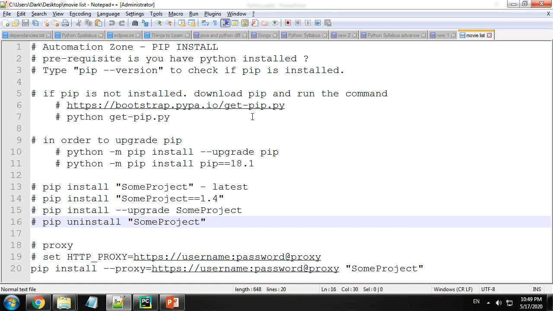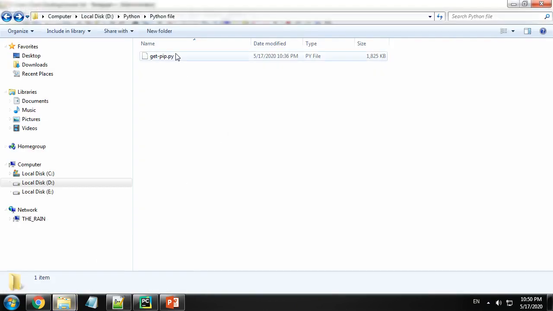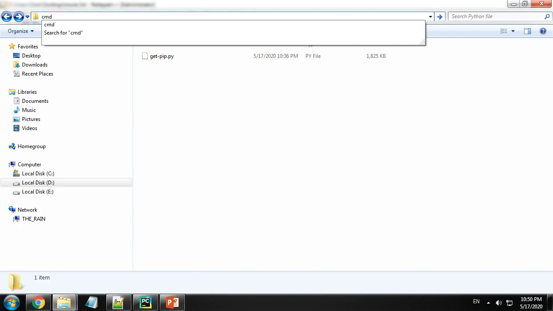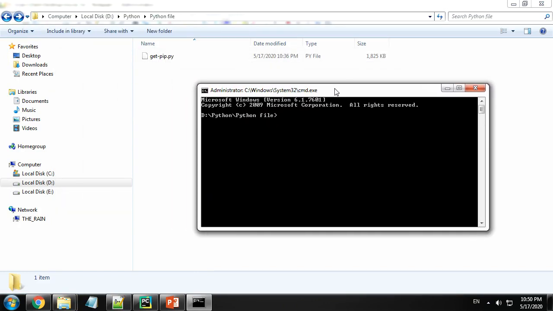So the first step is to make sure that you have Python installed. The way I like to do that is you go to your working directory, and in your address bar you type in cmd. This works in Windows for sure. Now over here you type in python followed by --version. If you get an output like this, which states Python and the version number, it means that Python is installed on your computer.